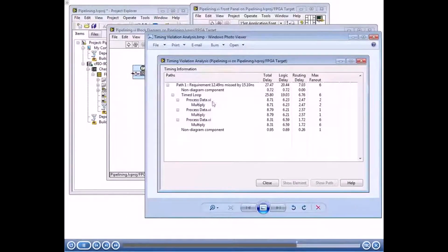So if we take a look at that first process data VI, notice that the total delay here is 8.71. Okay? And if we look at that second process data, that's going to take 8.79 nanoseconds. And that third process data that we have in our VI is going to take about 8.31 nanoseconds, at least on this compilation. So if we take a look at that, all those process datas are well below 12.49 nanoseconds. So if we were able to pipeline this and we were able to execute those 3 process datas in parallel instead of sequentially, then we can actually meet this requirement of 12.49 nanoseconds by a lot. Okay? So let me close this,